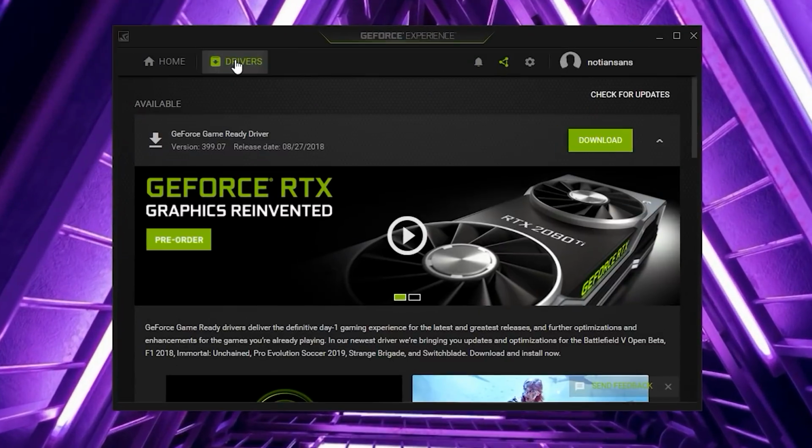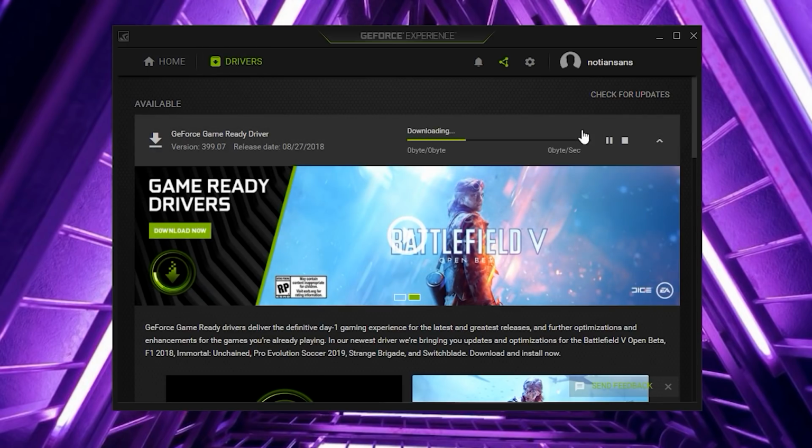So maybe you're having problems in Premiere and things are moving slow and you don't know why. It may be because your computer is not up to date. So in addition to updating Windows, you're also gonna wanna update your graphics card drivers. If you're using an NVIDIA graphics card, which a lot of you may be using, you're gonna wanna download the GeForce Experience app and click on the drivers section and make sure that your graphics card drivers are up to